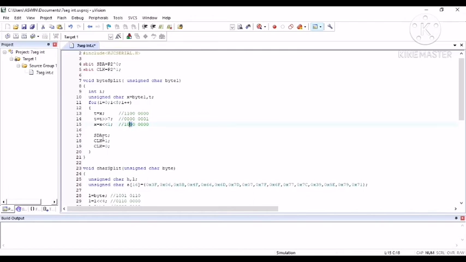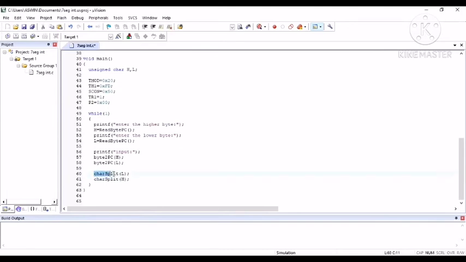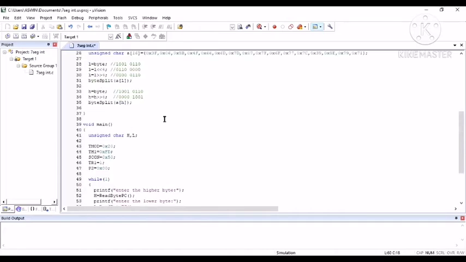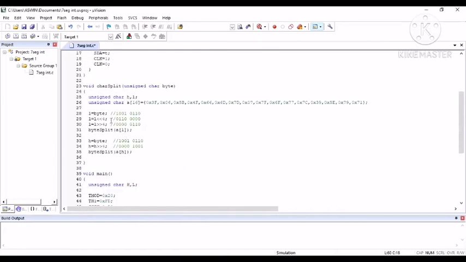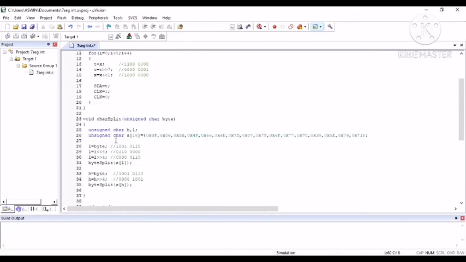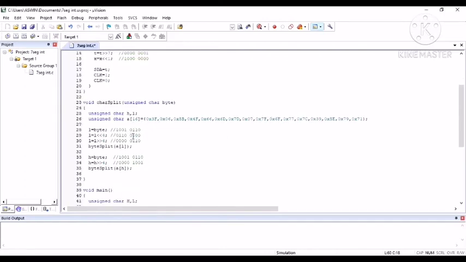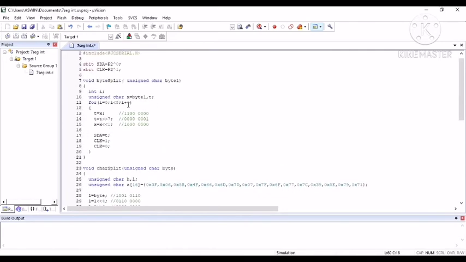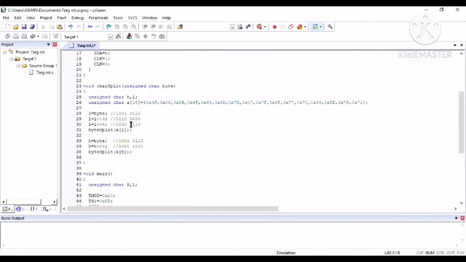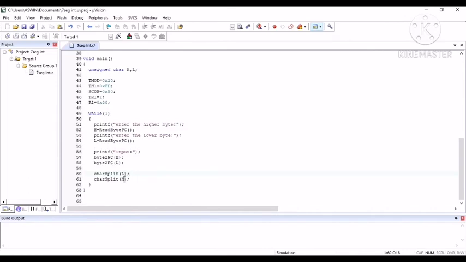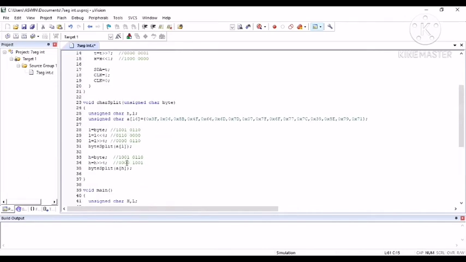So the down part, char split of L, this is only showing the first part, so this L will be there, first showing to this part, going to the void char split, and it will be the same with these values, and it will be splitting into two parts, so that the lower nibble will first get executed, and after getting executed here, we will go to this part, and first execution will be done for the lower nibble, and then we go for the upper nibble, and the same process goes to this part of the program.